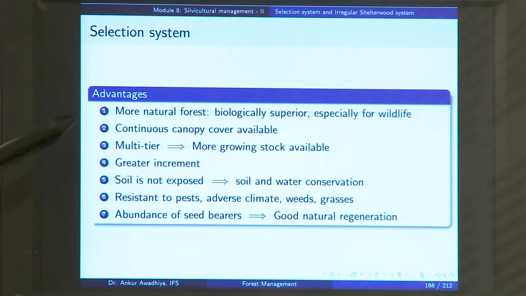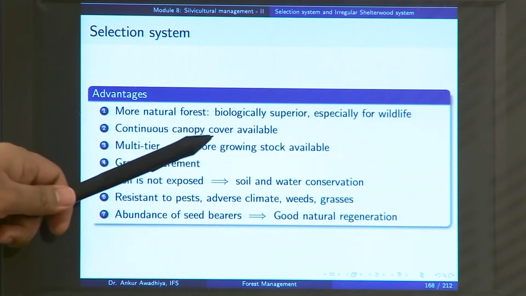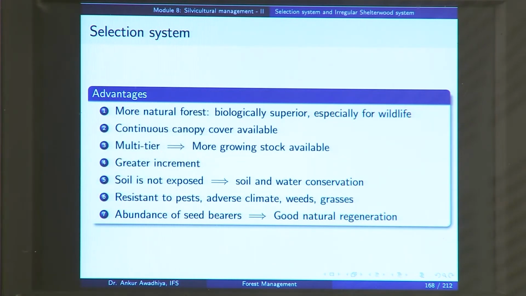Then in most cases, you have a multi-tier forest which makes more growing stock available. This is especially true if you want to manage a forest for, say, carbon sequestration. Now, in the case of a selection forest, because you are having trees of different age classes and you are maintaining them in a natural state, then probably you will also be having a very good under canopy, and you will also be having a very good ground cover, and in that case you have more growing stock that becomes